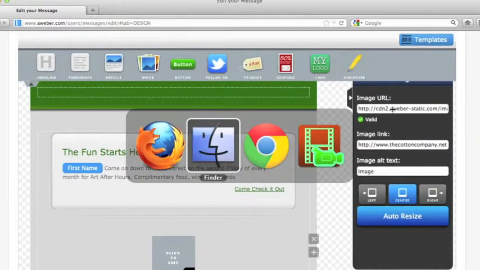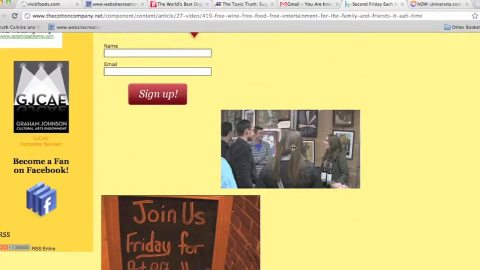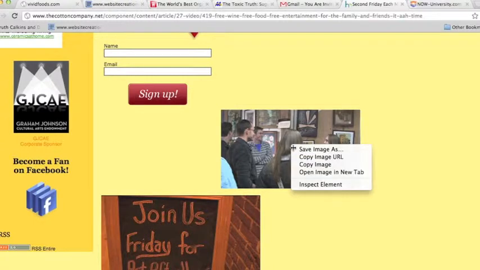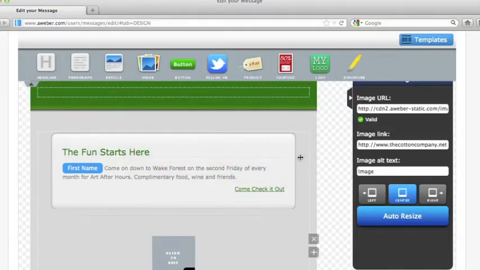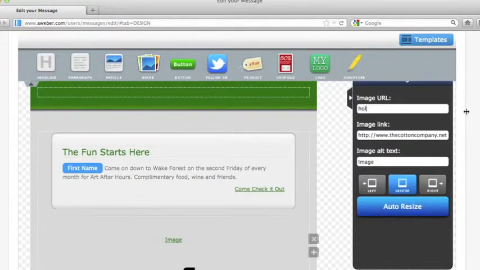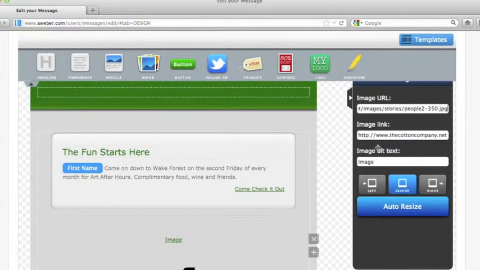So I'm going to go back over to this web page because there's an image on here that I want to grab. Here it is. Click on it and right click on it, and I'm going to select copy image URL. Now depending on which browser you're using, the verbiage of this might be different. It might say copy image location or something like that. So we got the image URL on the clipboard. Come back in here, highlight all this and delete it and paste. Okay, that puts the image URL in there,